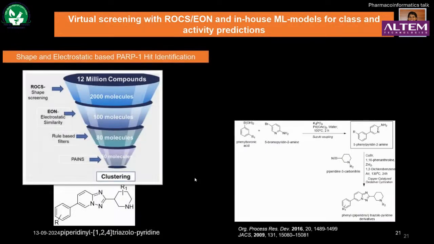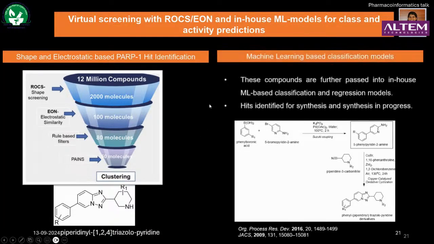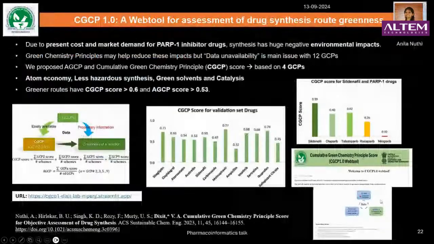In addition to this, we have been doing other types of virtual screening for PARP1 activity predictions, and those we have combined with our ML models that I just discussed. Using those, we have identified these triazolopyridine class of compounds. They show a lot of promise for PARP1 inhibition. Thus, we have designed synthesis schemes, and we are applying a combination of Suzuki coupling and other types of copper-catalyzed reactions to get to the desired compound in 2 steps. The synthesis of some compounds is already done, and we are actively in the process of testing the activity of these compounds in the lab.